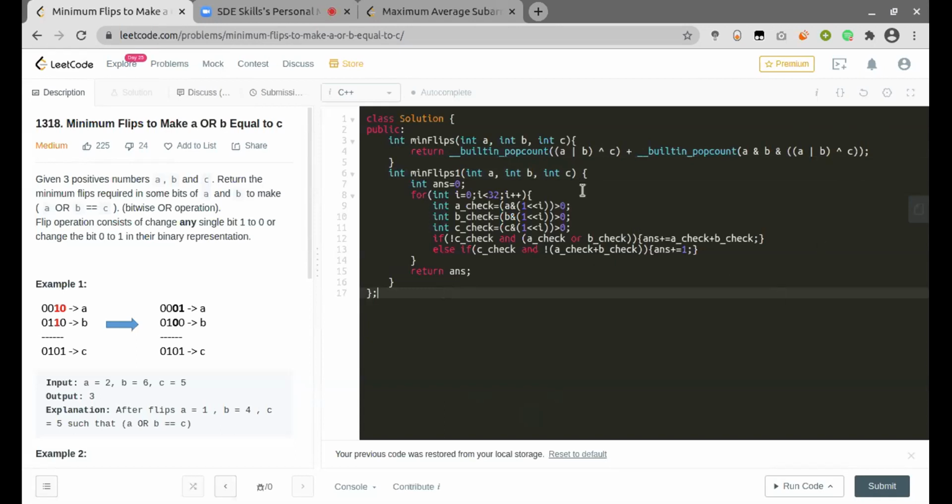Yeah, but even this built-in pop count in C++ is the same as iterating through all the 32 bits. So the overall complexity will be the same, but since we are doing two passes here, this for loop will be done twice. Okay.